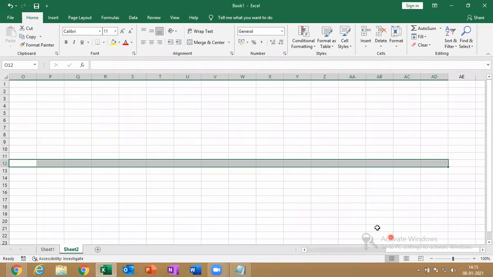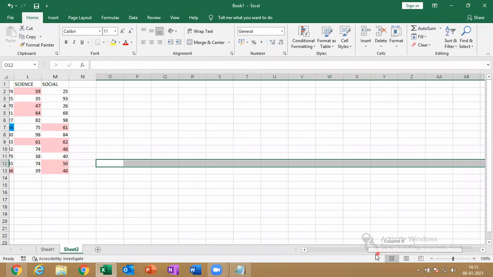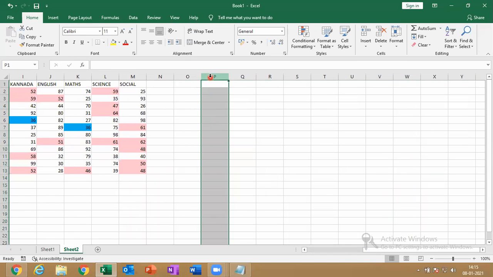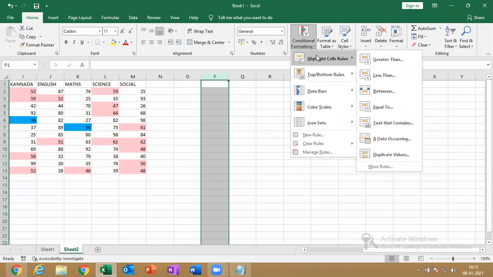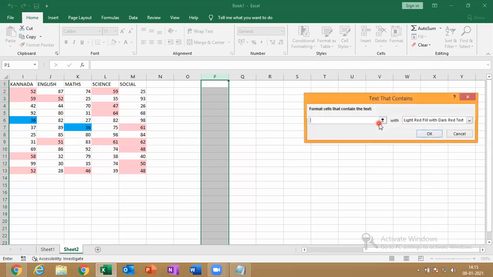Move a little to the right side, select the entire column, go for conditional formatting, highlight cell rules, text that contains. It's very easy: select a range, enter the specific text you want to highlight, and it will be highlighted. But I'm doing a different method.